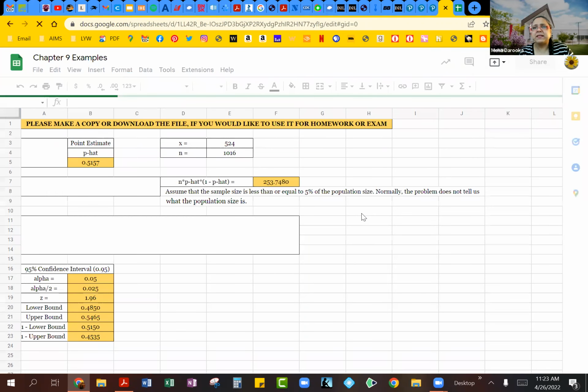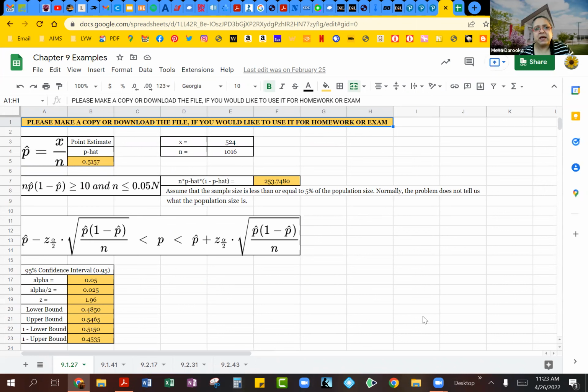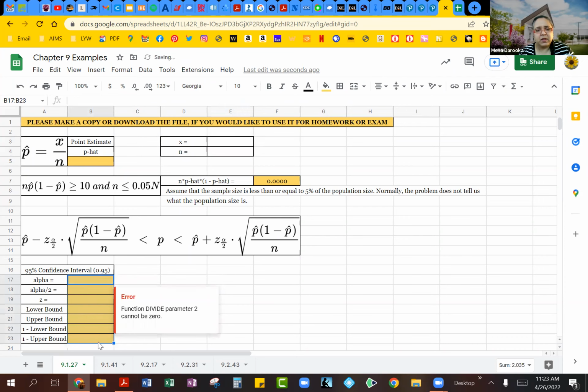I think the first one I selected was this guy here. And the other thing that I have done is created these sort of templates, how we do for our in-class activities. So they're kind of similar to that. So these templates here, you will see are pre-designed, and of course, this information will change for each example. So some of this is just here from the previous time I used this, but just basically templates. So you will be able to take, and you can see on the bottom tab, I've put the numbers, so which problems these guys come from. So this one you will see is 9.1.27.